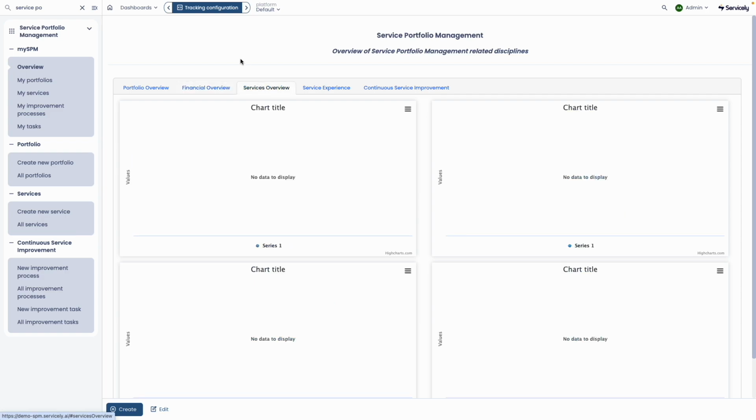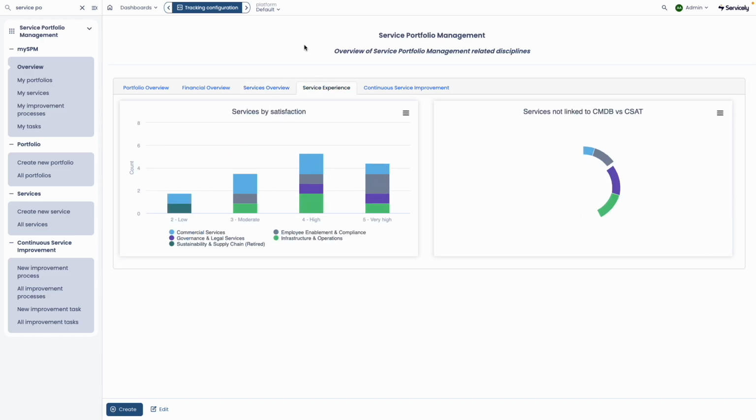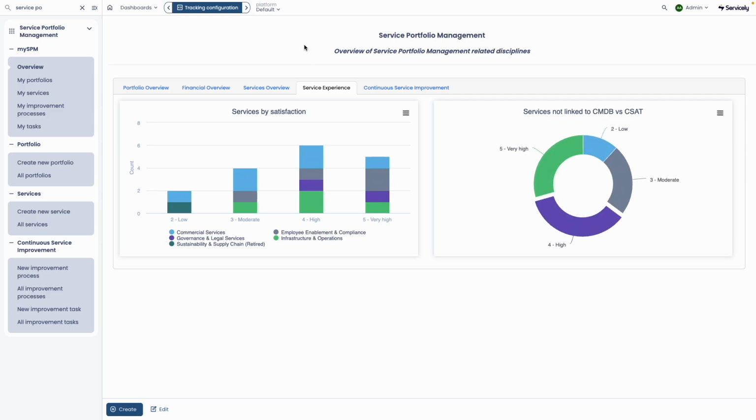And we've got our services overview, which is the next step down the ladder, understanding what are the services that we're providing, what are the services by portfolio, so we get that overview of how many services will sit under each portfolio. And we have a link here to the CMDB, right? So that gives us the ability to understand anything that we manage in the CMDB and basically link that to the service experience that we have as part of the individual portfolios. And we can start comparing user satisfaction to what we're managing in the CMDB